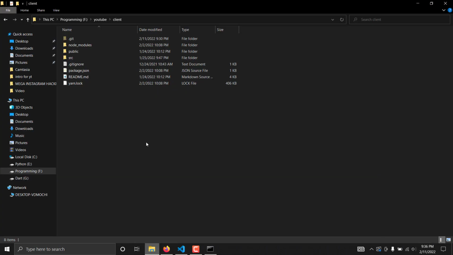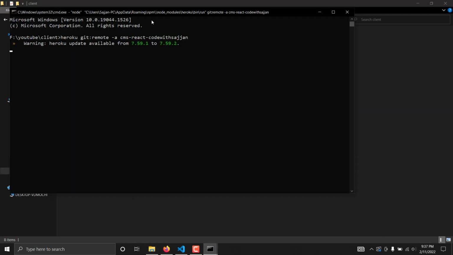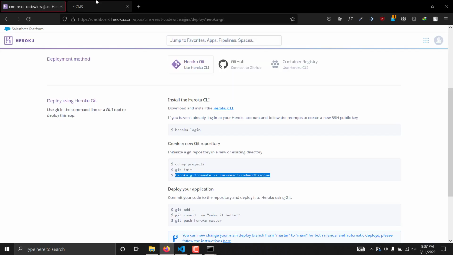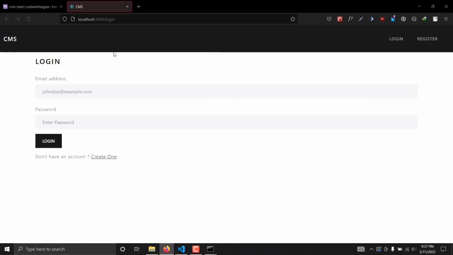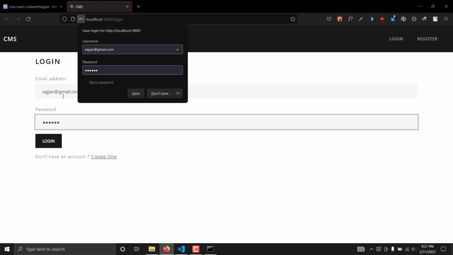So I'll go here and I'll open my command prompt again and I'll paste this. So okay, it has been pasted. So let's see here if this works or not. So if I write here anything, let's suppose, if I hit enter here,